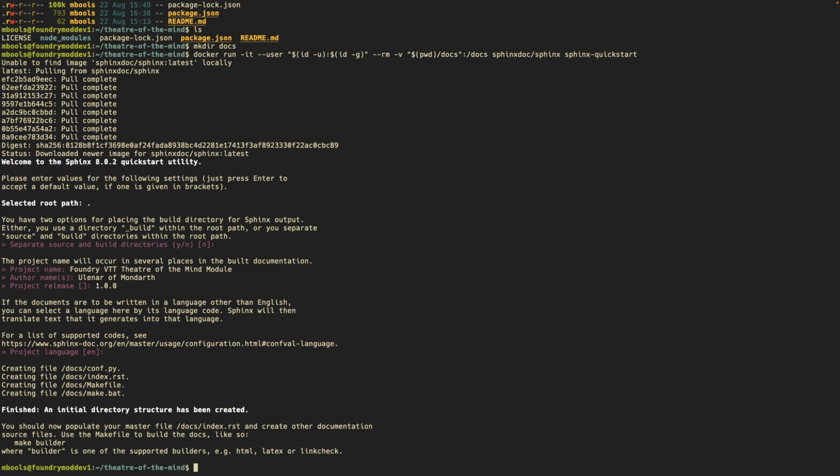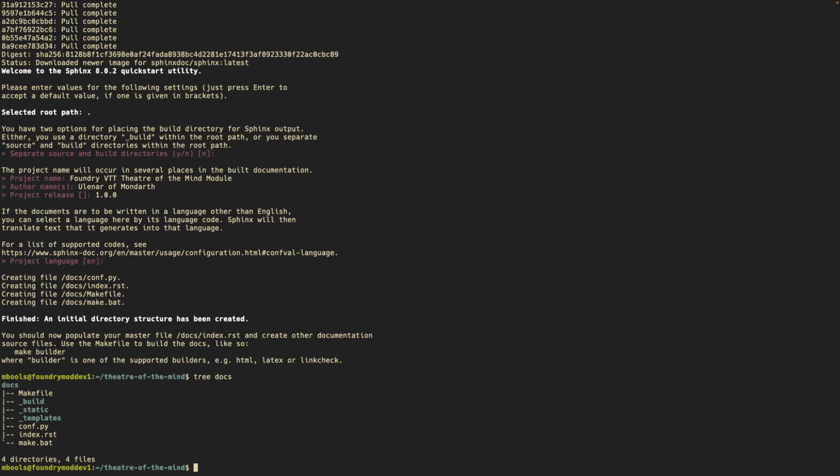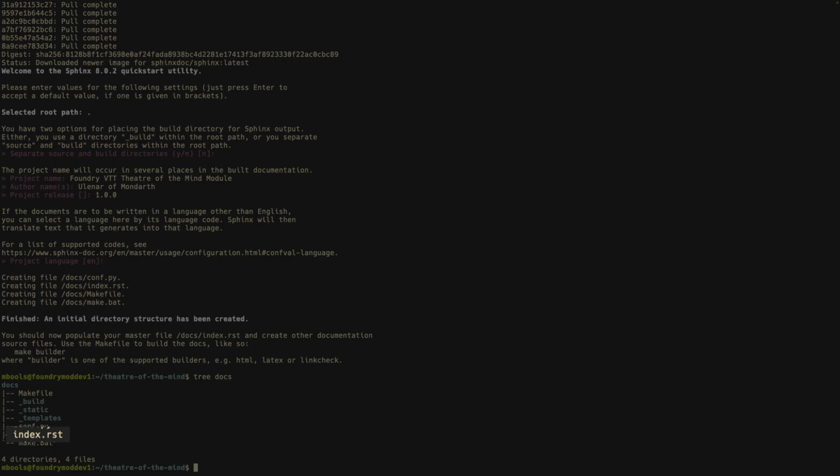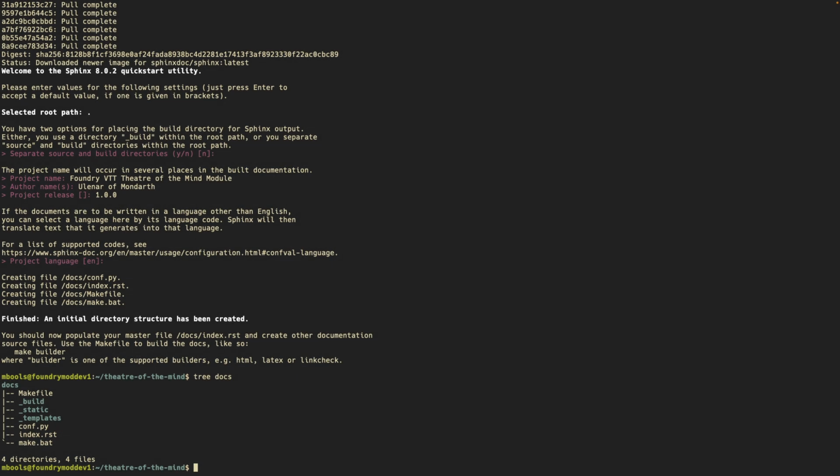We're all set up. Now, if we look at the docs directory, it's populated with a framework, and the only document that actually produces content at the moment is this index.rst. The rest of it is part of the build process. That just gives us something to edit. So if we look at the index file,